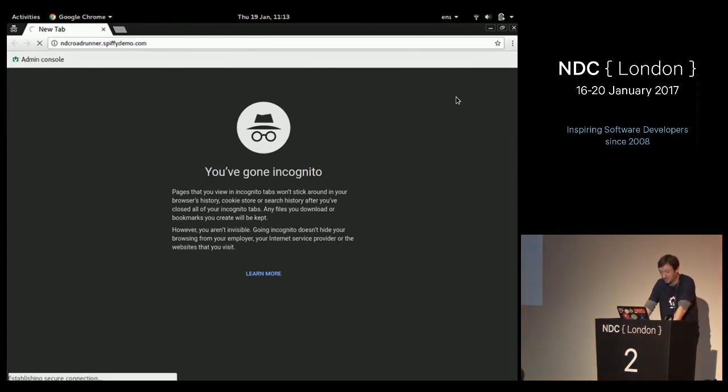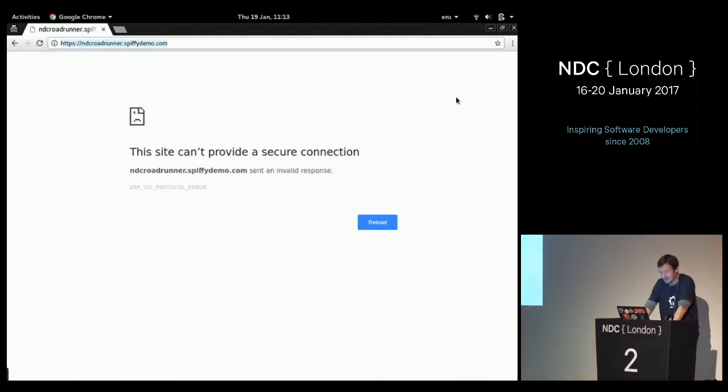I swear to God, this worked just before I walked into this room. That's